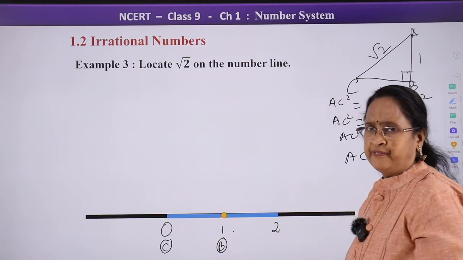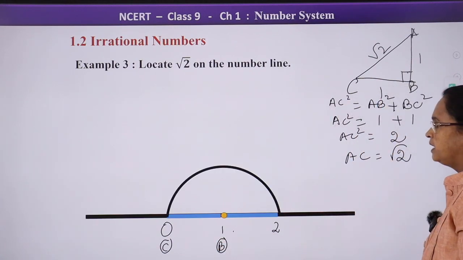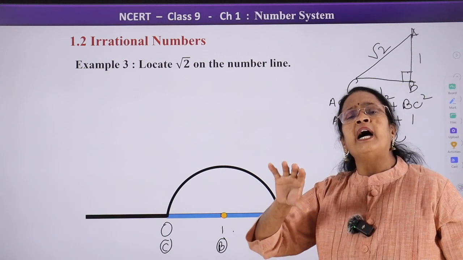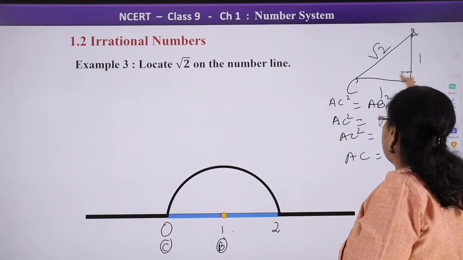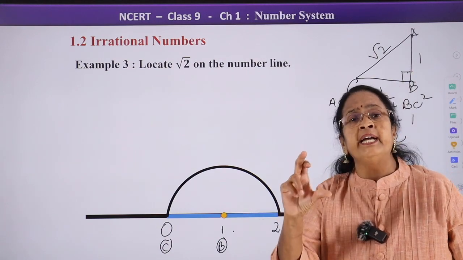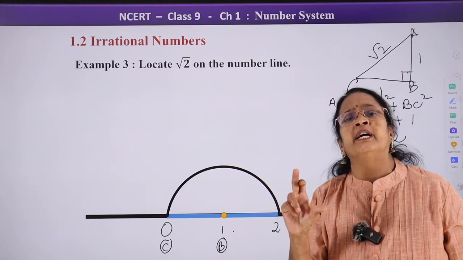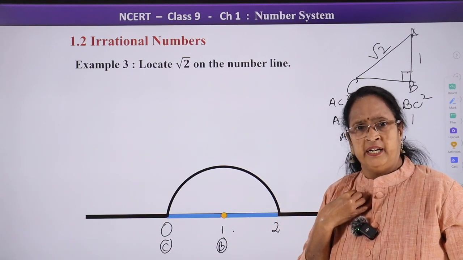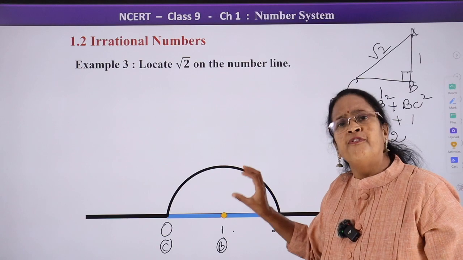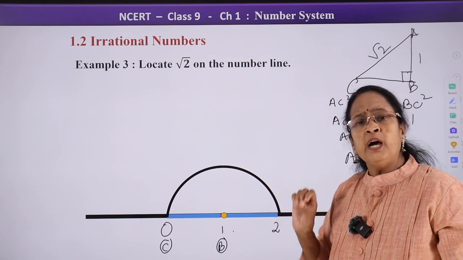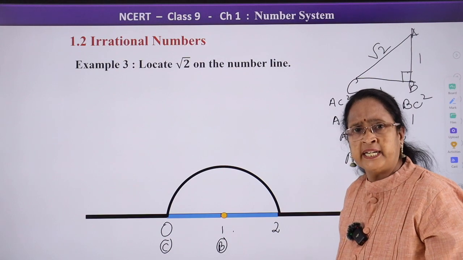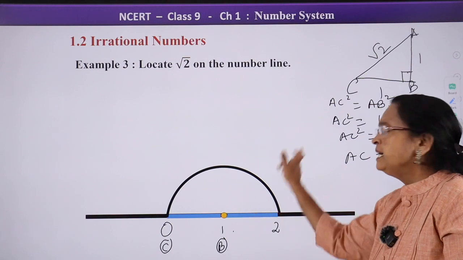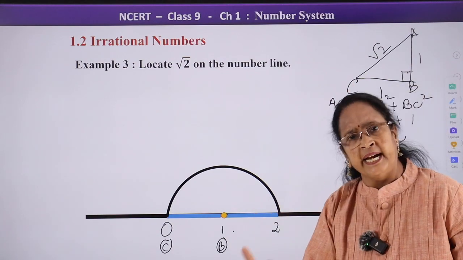The next step I will take now for my convenience so that I need not change, because this is 1 and 1. I took the radius as 1 centimeter in the compass. So it will be easier for me, isn't it? Now, after taking the radius of 1 centimeter, I fixed the compass here and drew the semicircle. This is the next step.